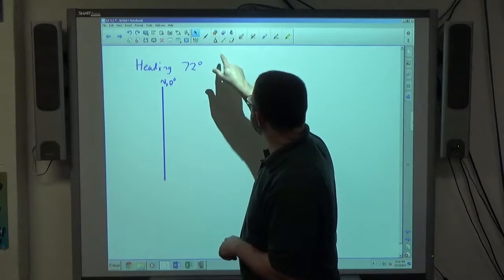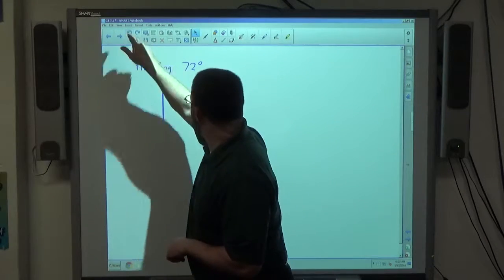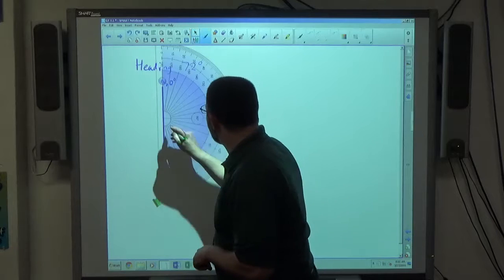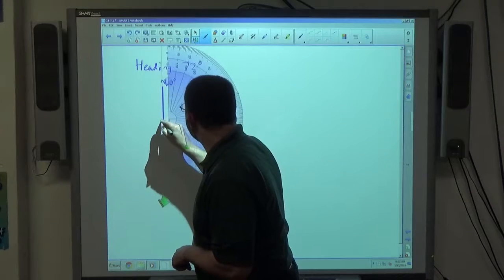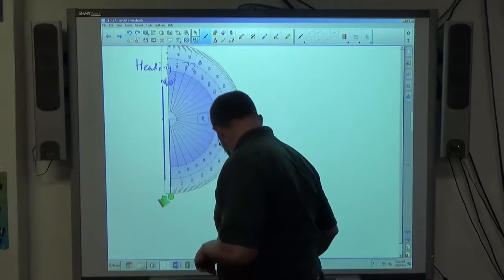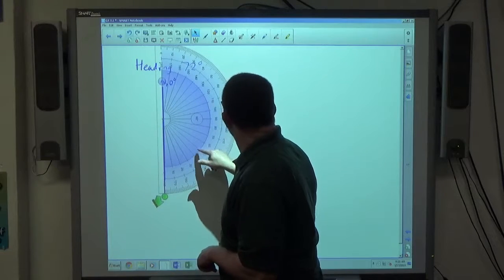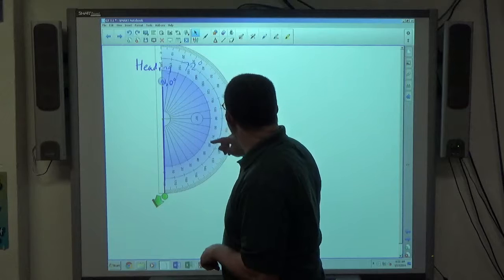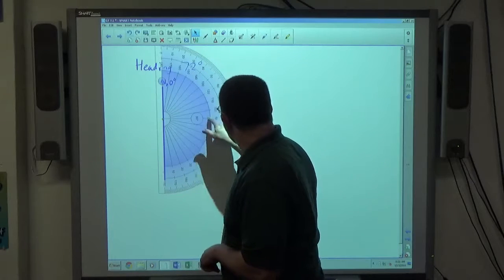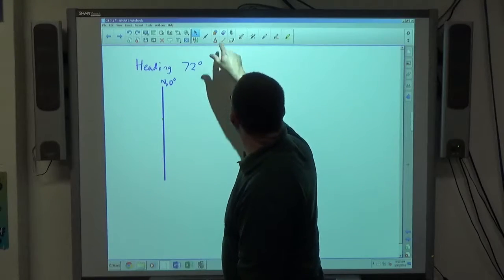Better mark the spot where I was here, too. It helps to use the protractor correctly. So 72 degrees right there. It won't let me put a mark right on it, but it will. Alright, so if I were to draw a